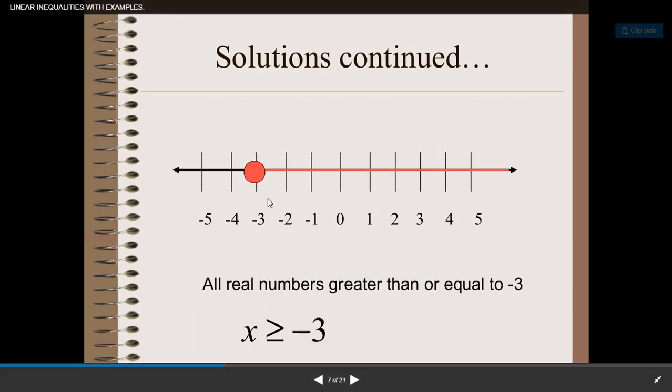Another example, here again the value at which the number line points is -3 and this time we are talking about all the values which are greater than or equal to -3. I reiterate, the fact that it's a solid circle over here tells us that the value -3 is also included in the solution set, and hence the answer is x is greater than or equal to -3. So it could be any range of values which are greater than or maybe even equal to -3.